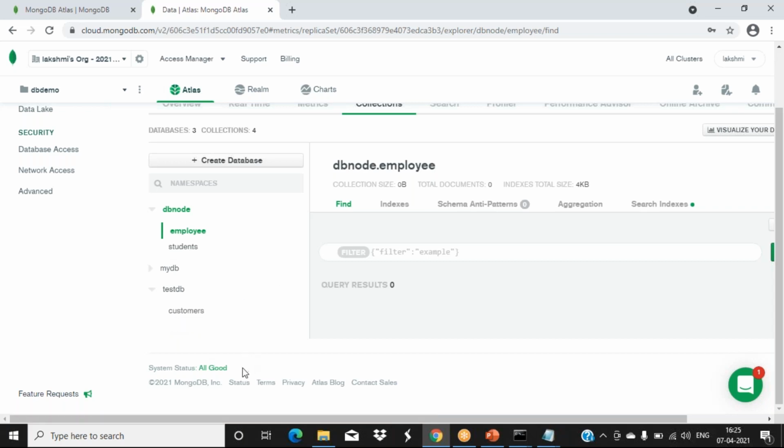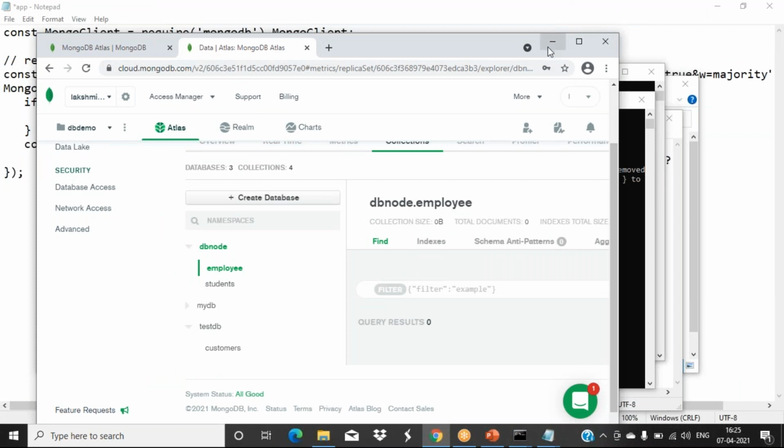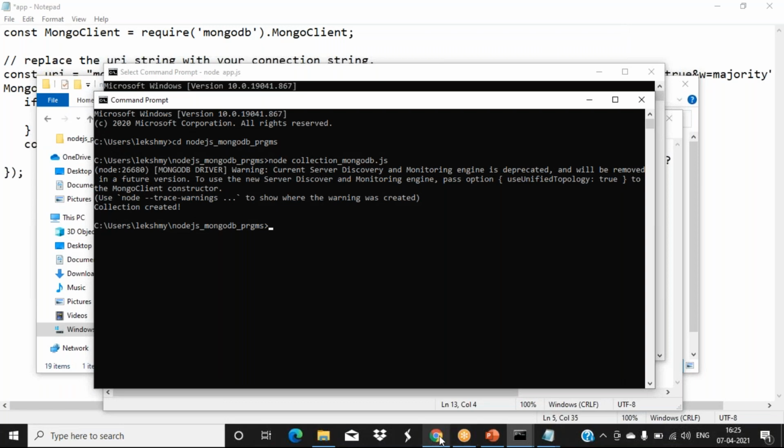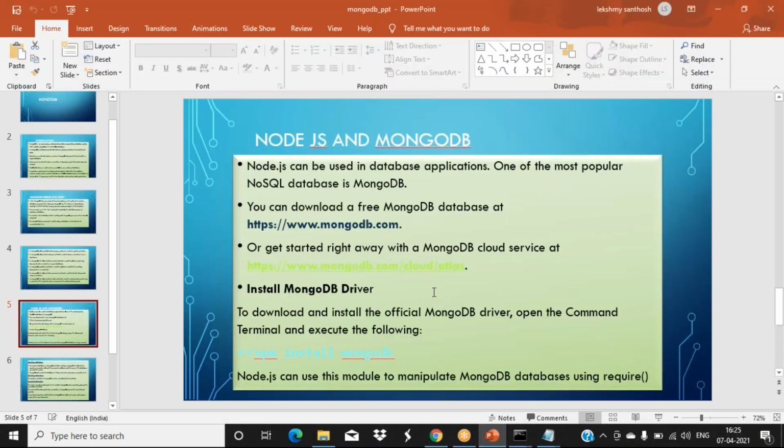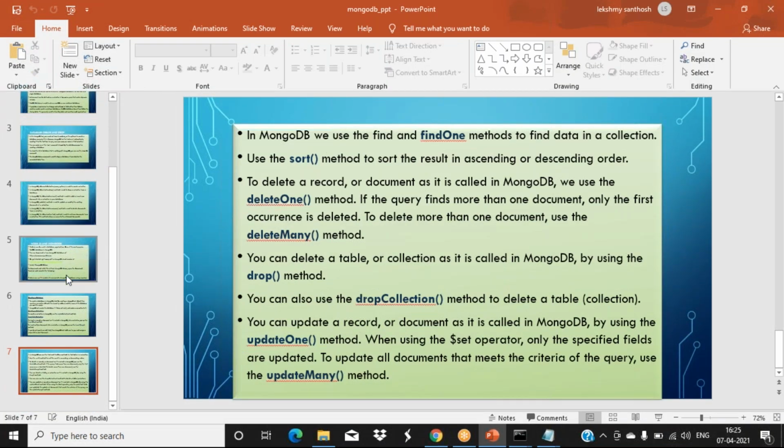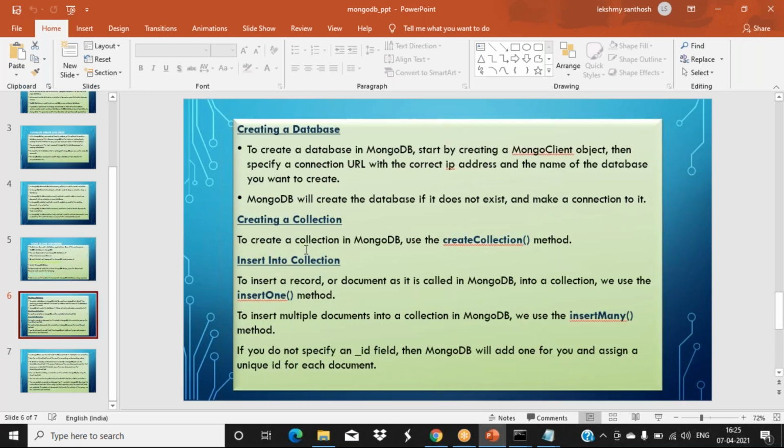Okay, so you have to try this. Now we'll see what functions are available to do these database operations in Node.js. Okay, some documentation we'll see. I just showed you how to work with all those things. One function we have seen is createCollection, just now I showed you. And the connect function, which connects with the available URL. And here createCollection is the method.